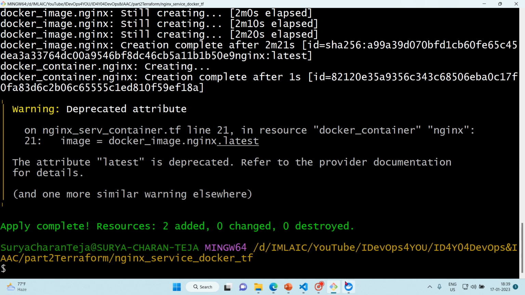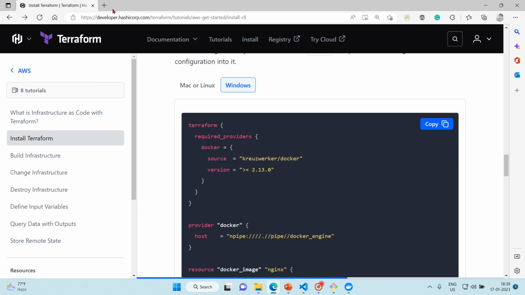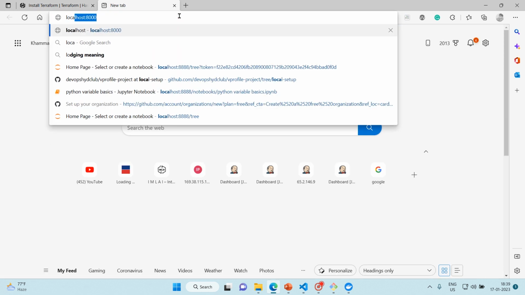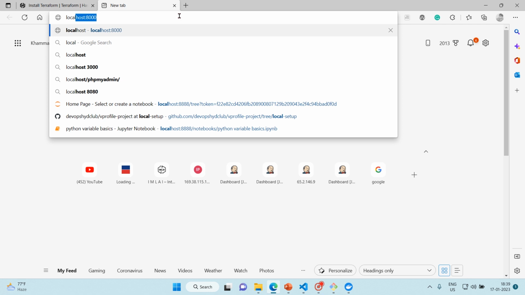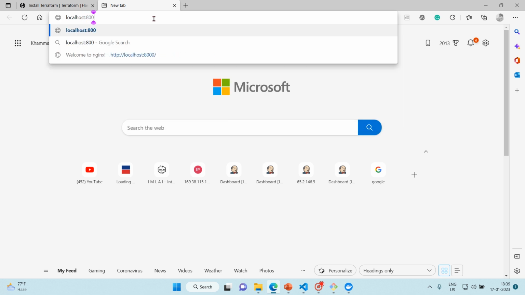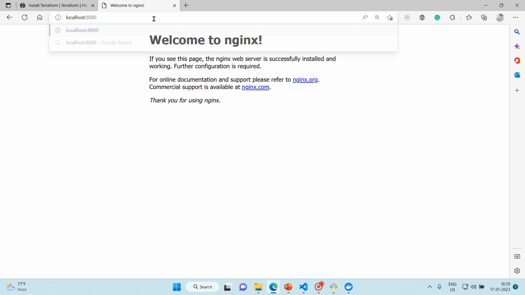So now let us go directly to the browser and type localhost 8000 and click enter. Localhost 8000 and enter. That's it. Your application has been hosted using a container in your local machine at port number 8000, because